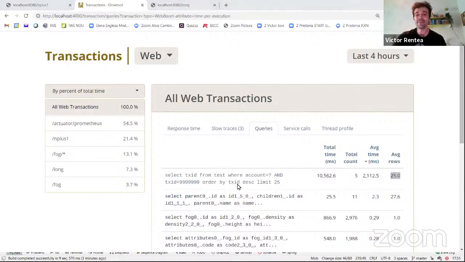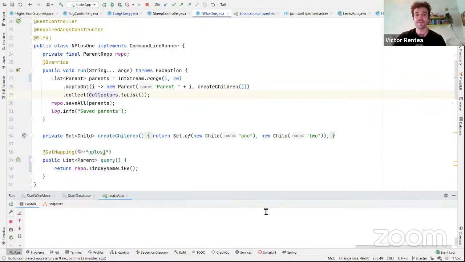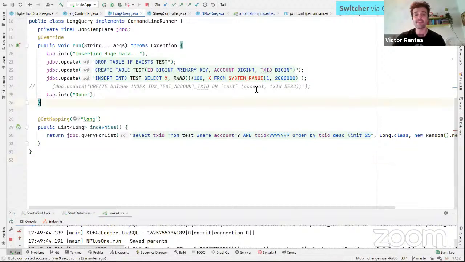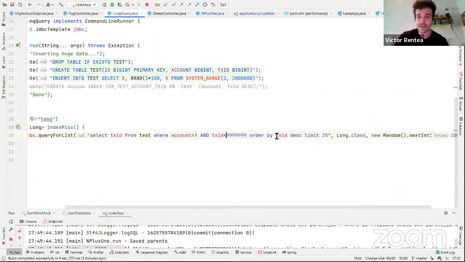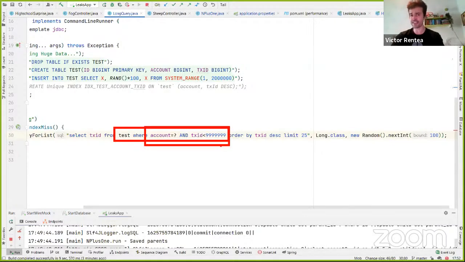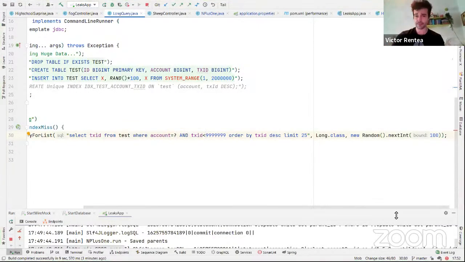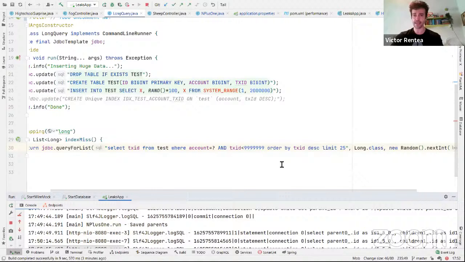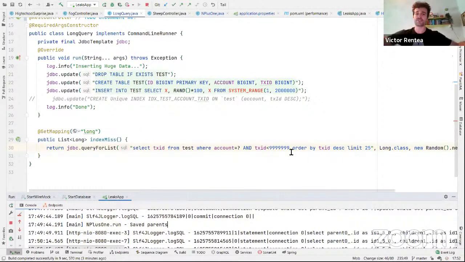Why was that happening? Because I'm searching a very big table without having an index where it should have been. So I'm putting here a where clause that is not covered by any index. So this results in a full scan of the table, and it takes 2 seconds. It will take much more on a larger server. This is like a super lightweight in-memory H2. If it was Oracle, it could take more. I'm not sure, but